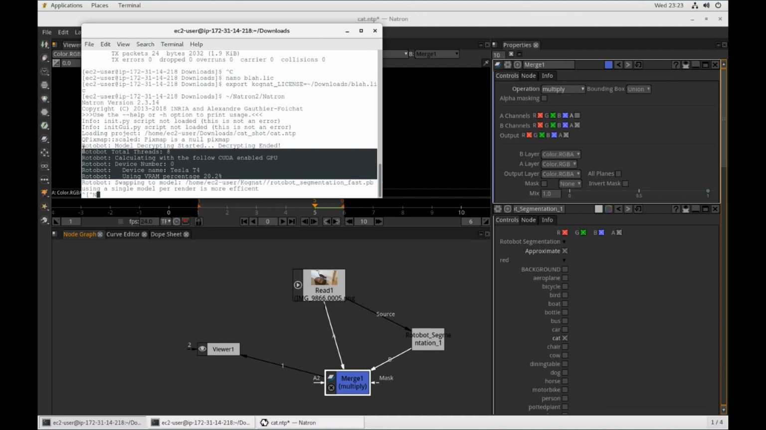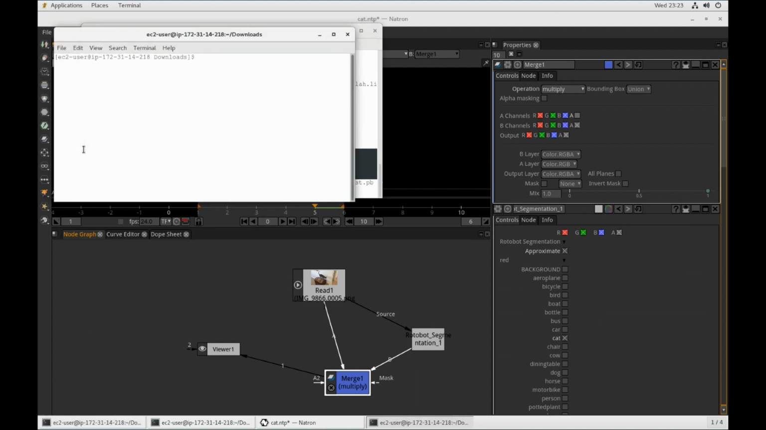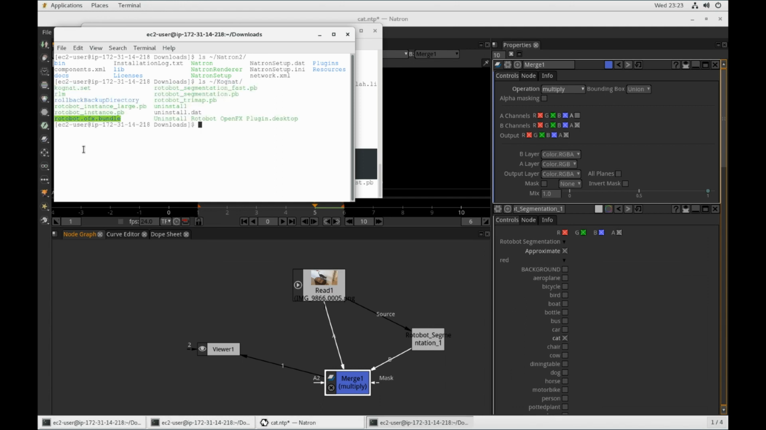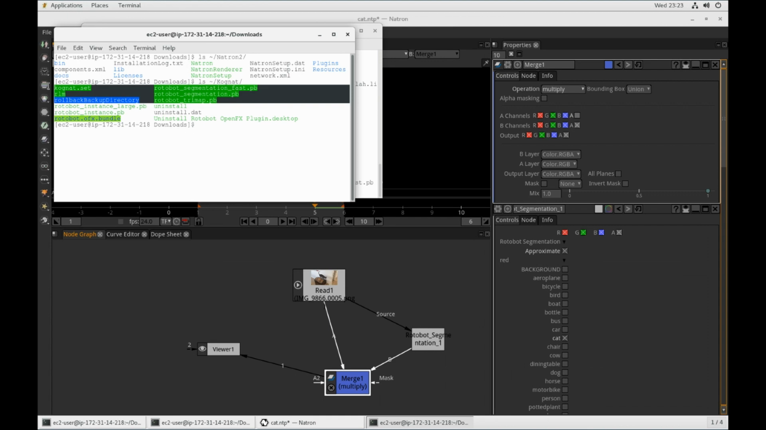we're using Natron here. So if I open another shell, we can see Natron's there, and then we've also got Cognat, which has got the file here, which is the plugin, and then it's also got all of the models which are installed, and then we've got some stuff for licensing. But the other thing that I've got here is a license, which I'm not going to reveal. It's called blah.lick,